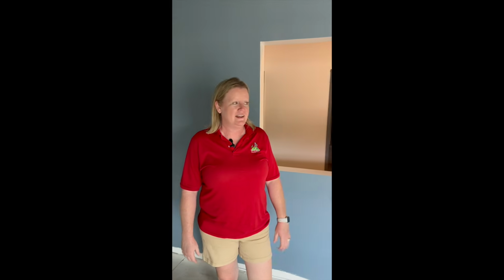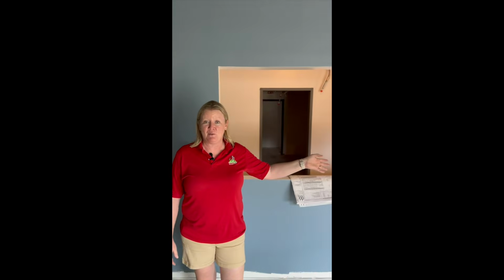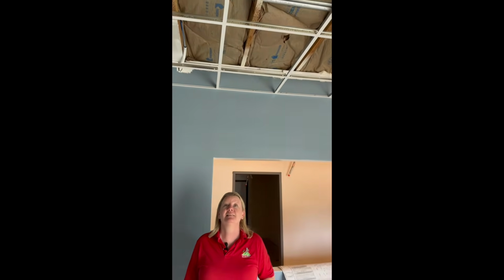Hey everybody, just a couple of quick updates about the ranch since it's been a couple of weeks and a lot's been happening on the inside. First of all, you can see that we've started with paint, interior paint. And if you look up, you can see that the ceiling grids are in, and the insulation to start installing our